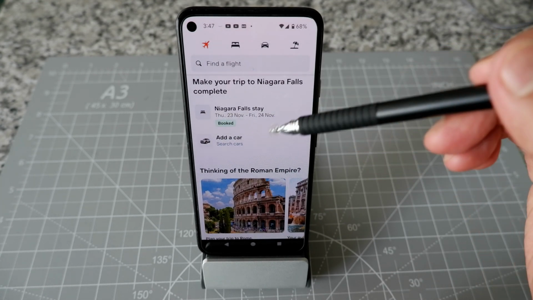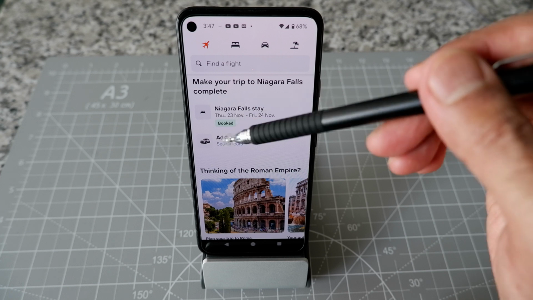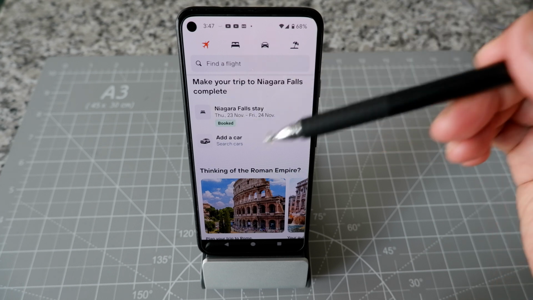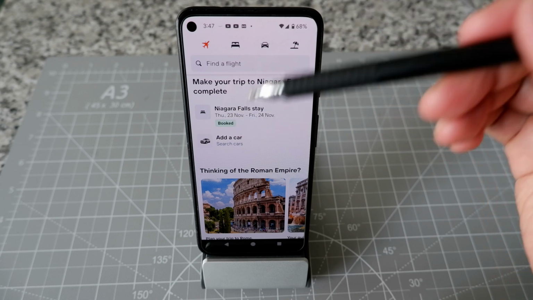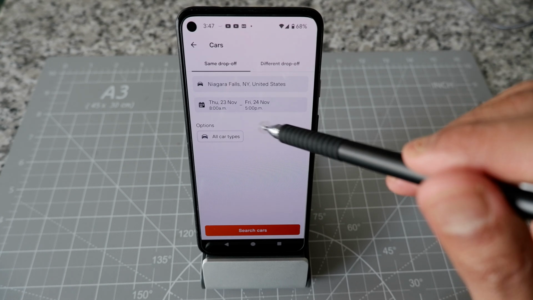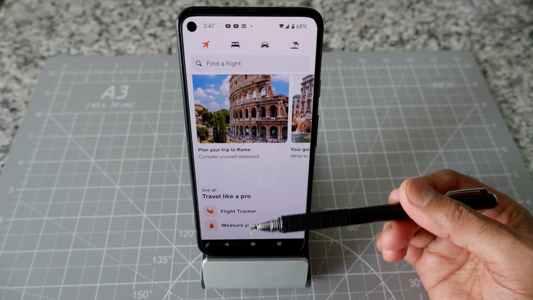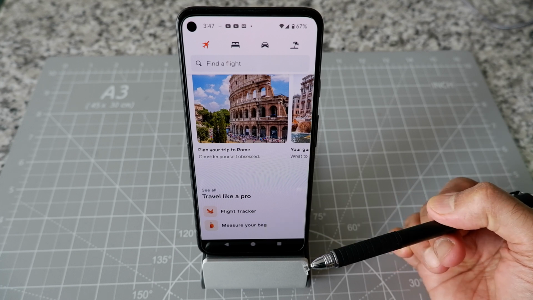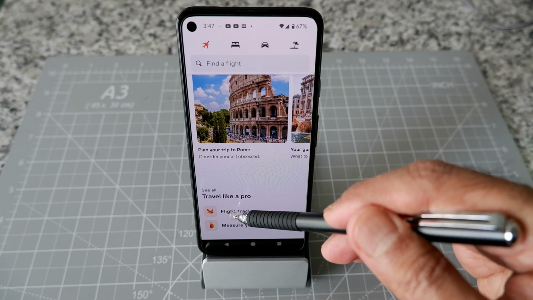And for example, I just wanted to show you that this is tracking my Niagara Falls trip starting November 23rd, and it's going to show all the details like check-in time, check-out time, and everything. So I'm going to do a separate video about that. If you keep scrolling down, then you're going to see the flight tracker underneath. So you want to click on the flight tracker. So if you click here,